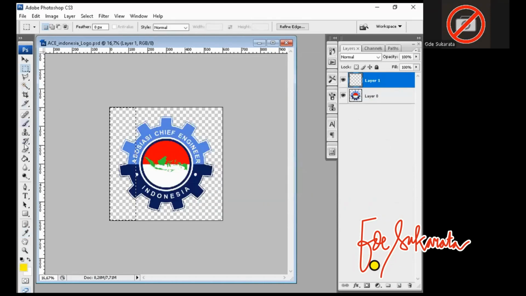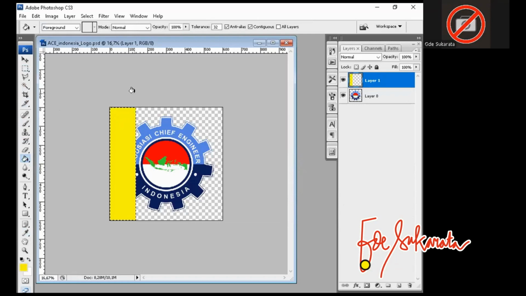Okay, paint bucket tool, and then take here, Control D. Okay, I want to change the opacity to maybe 50%, like this. Yeah.